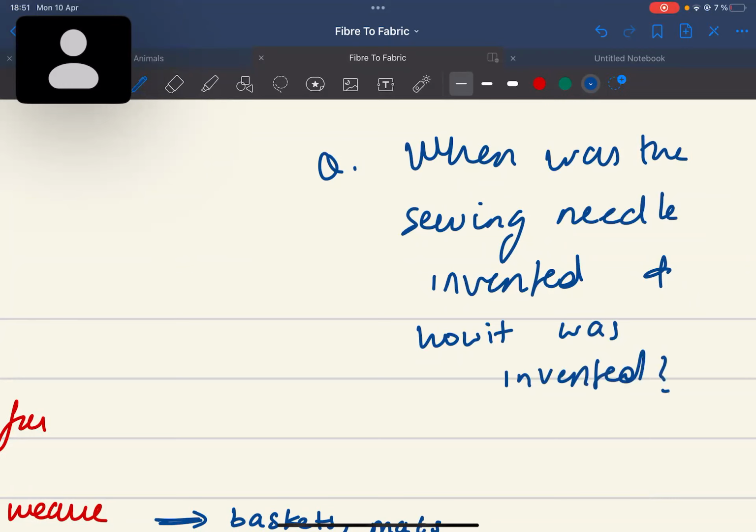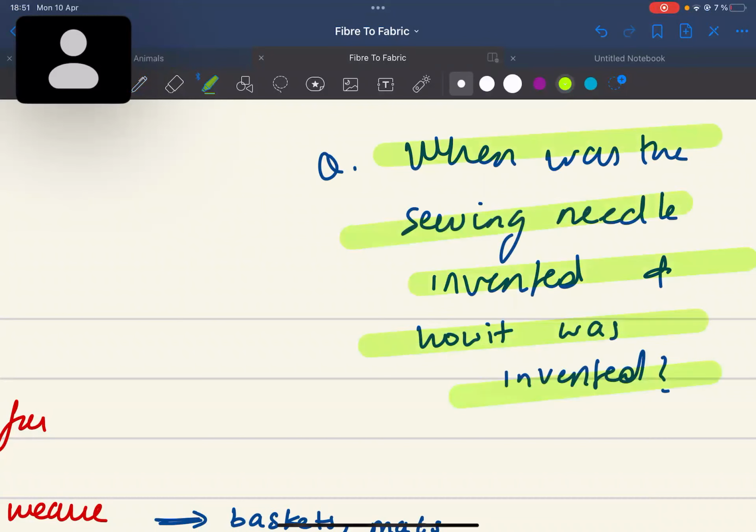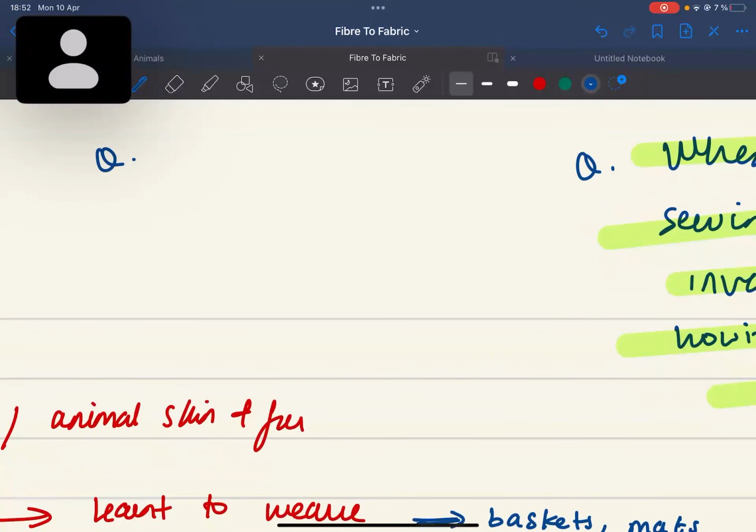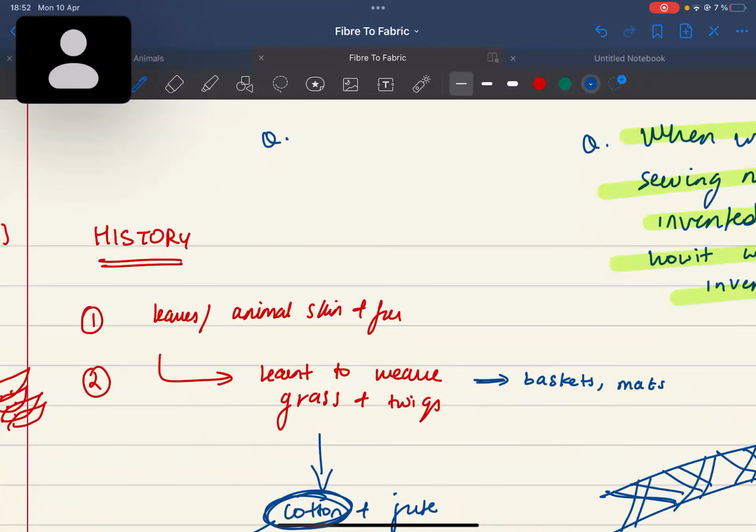I want you to find out when the sewing needle was introduced or invented. I want the year, and I want you to know how it was invented. How did they invent the sewing needle? You should find it from Google, and also find out